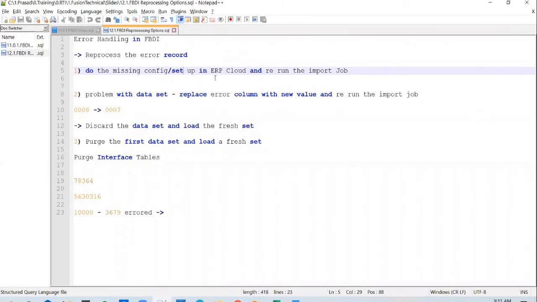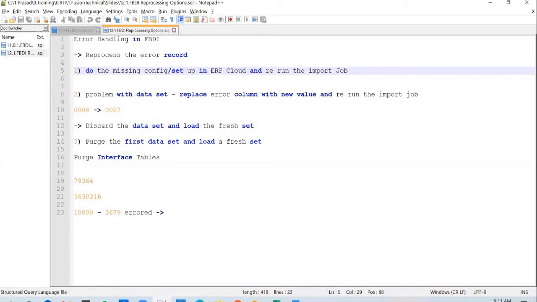In such case, you go back to the client and tell them that you've given me a file which has a line with account number ABC or say 1000 or 8000, but that is not a valid segment in ERP Cloud. So the client will check at his end and says that, no, it's a valid account. Ask your functional consultant to set it up. So in such case, it's a missing configuration or setup. It can be account, source, ledger, any configuration which is valid and provided in the file, but it was missed out in ERP Cloud. So you reach out to the functional consultant and ask him to do the missing configuration or setup.